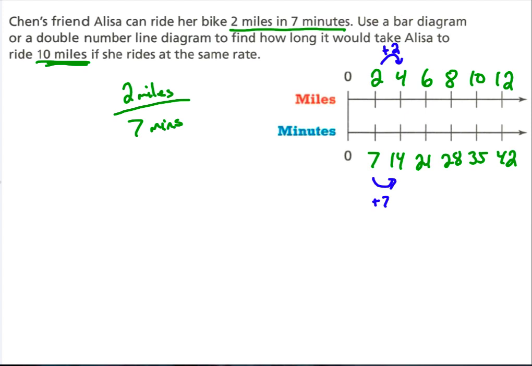12 and 42. And the question said, how long would it take Alyssa to ride 10 miles? Well, I find my 10 miles, and I see what it was paired up with. It would take 35 minutes. Okay, so hopefully you have a little bit better idea of how ratios work and